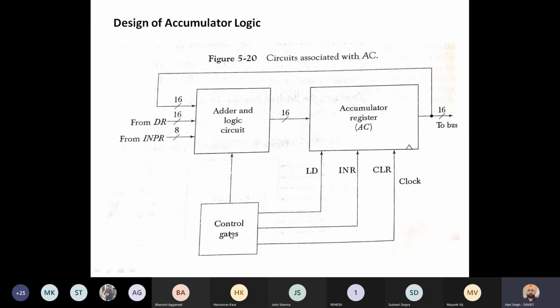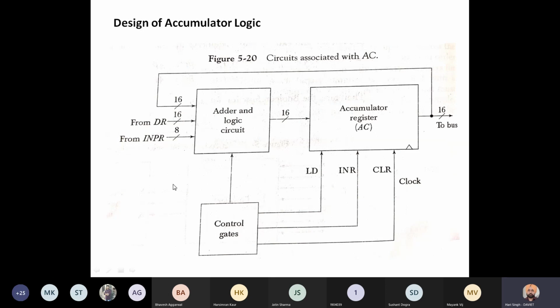Outputs of this block are load signal, increment signal, and clear signal. Inputs can come from decoder circuits, 4 into 16, 3 into 8 decoder, or from instruction register circuit, and so on. So first of all, to load 1 byte in accumulator, load signal should be activated, and then the accumulator receives the information.